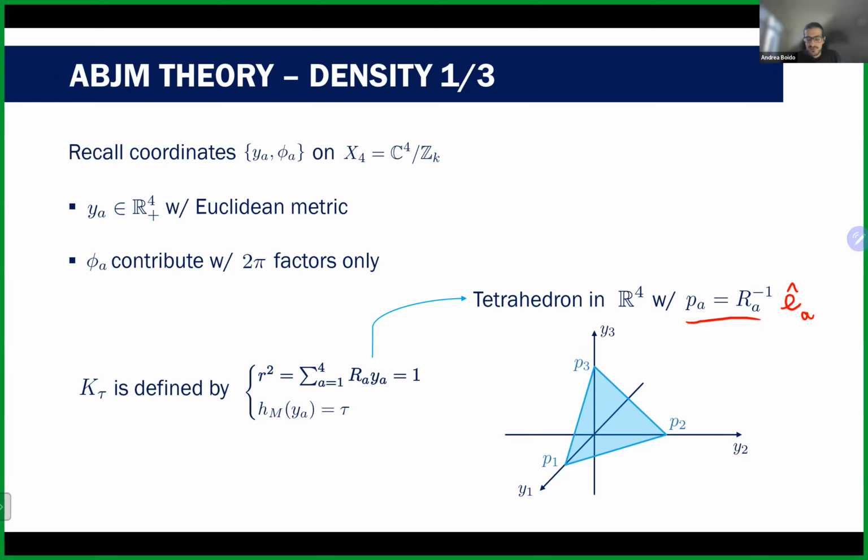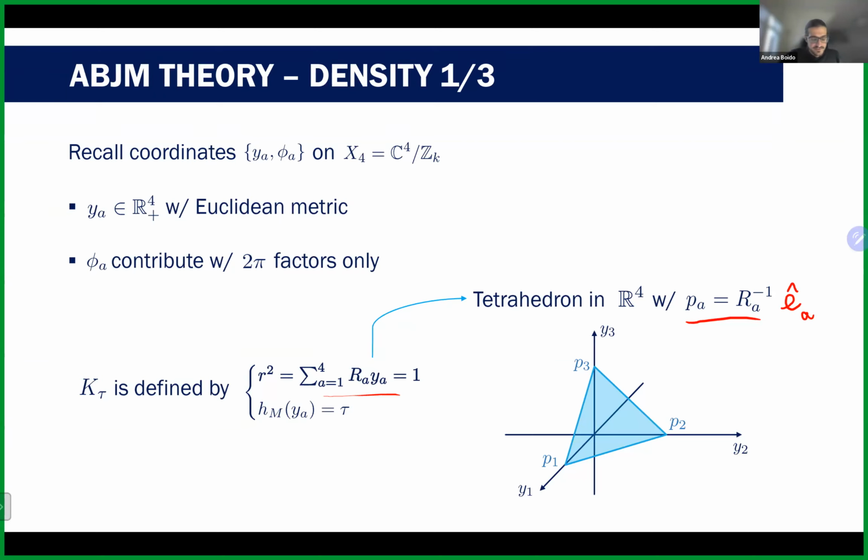I can't draw in 4D, but if you go to 3D, you can see this pretty clearly. This equation on the left defines a plane. This plane will intersect the axes in these points P1, P2, and P3. And then you should remember that y_A are always positive, so we have to restrict to the positive octant of the space, and this identifies precisely a triangle. When you do the same thing in dimension 4 rather than 3, you get a tetrahedron.